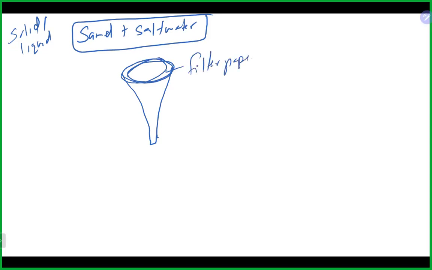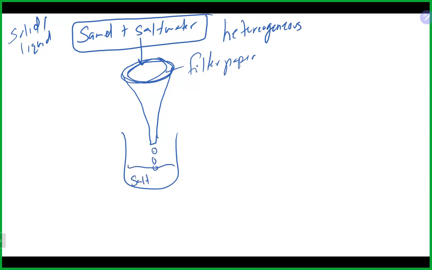And like a good chemistry student, you also put something underneath to catch what's coming through. So if I take my sand and saltwater mixture and I throw it in here, which is definitely our heterogeneous mixture, the water part, the saltwater part, should drip through, right? Now caught up here on the filter, it's going to be your sand. And now through this physical method, we're able to separate out our sand,